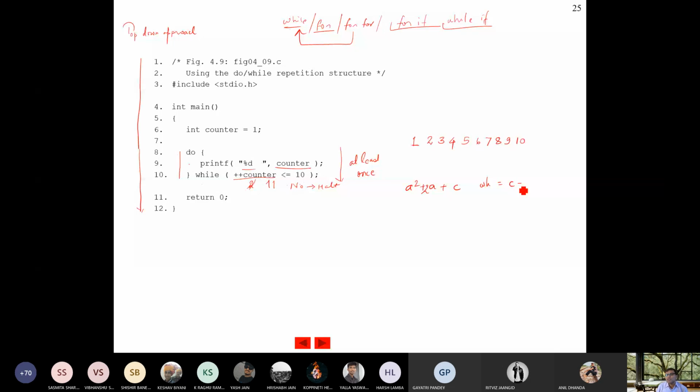Suppose this is the condition and I want to write a program and check it each and every time. So the program will start from int main.